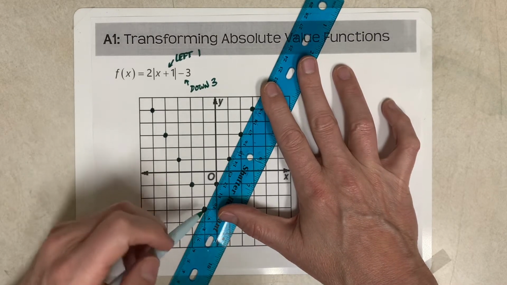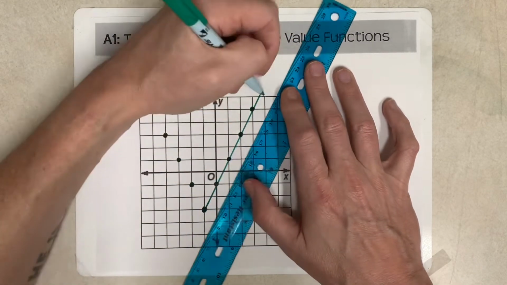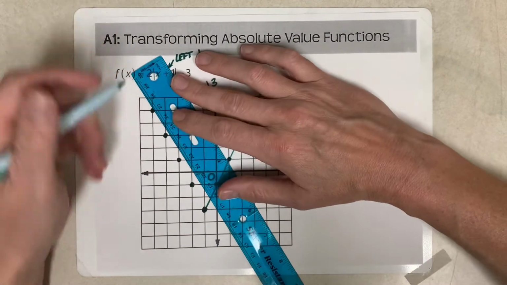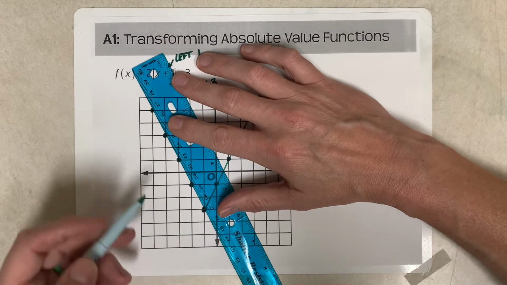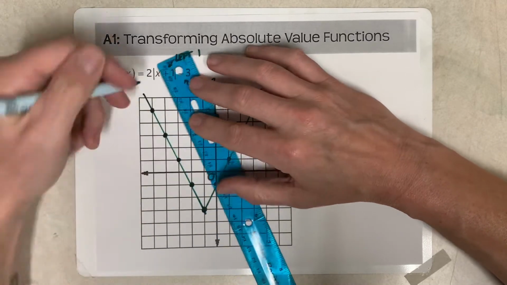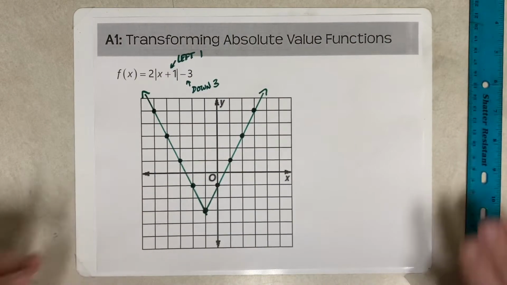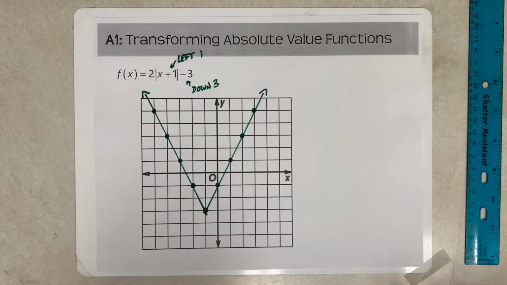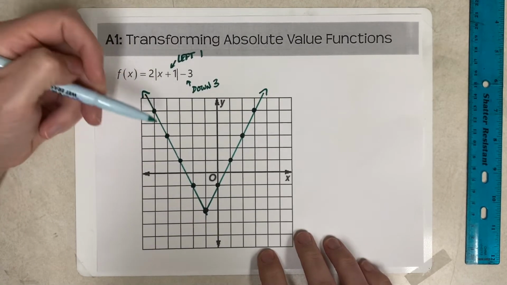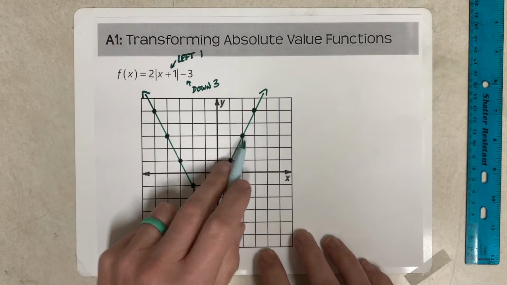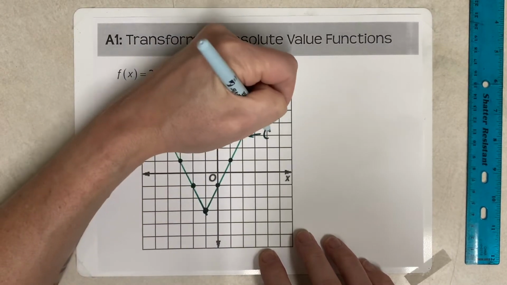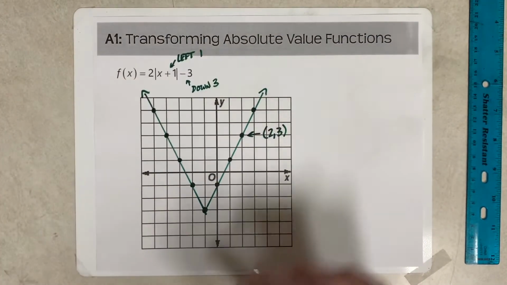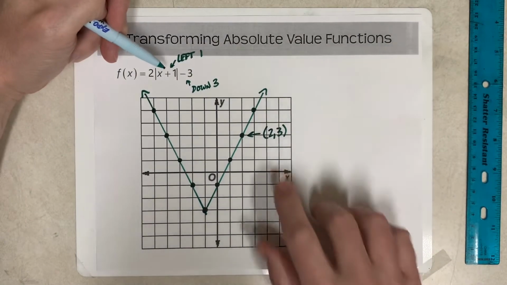If you're ever curious if you got this right or not, you can always plug in some numbers to see if they worked. And I think we could actually do that on this one to show. Most people don't do that, but you certainly can. So let's say this was a test question and you didn't know if you did it right. Well, we know that we have the point, let's see this one. This point right there is 2, 3. So we know that 2, 3 is on the graph of the function. So if you plug in 2 for x,